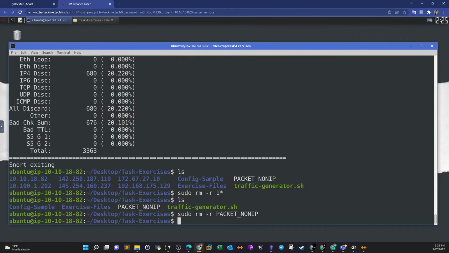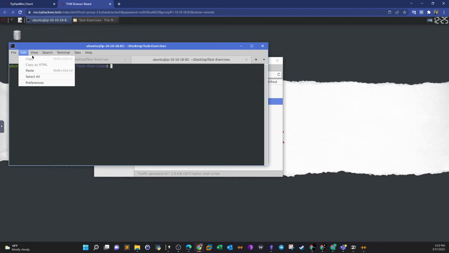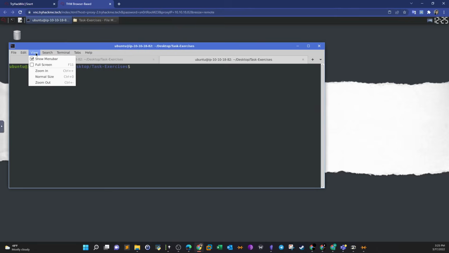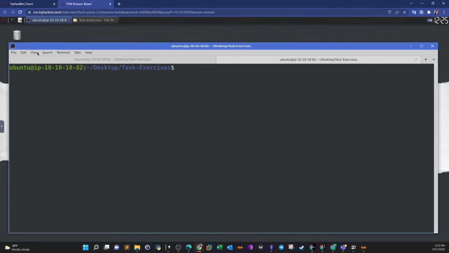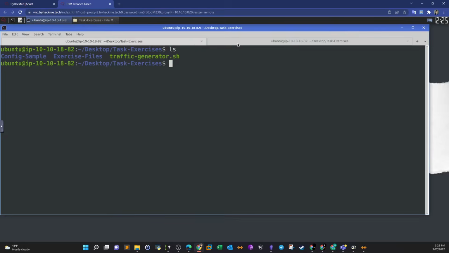So we're going to go back, clear, and open a new tab. I'm sorry guys, but the shortcuts for zoom in don't work, that's why I'm using the menu. Okay, 1 2 1 2 1. Okay, so in here